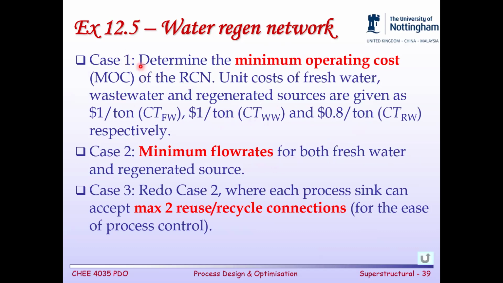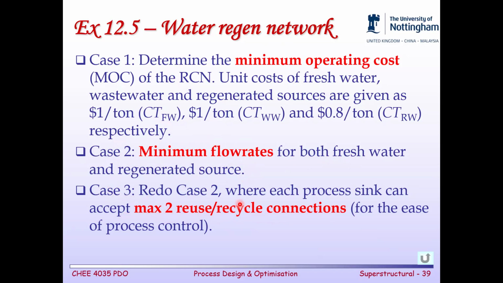Okay, there are three cases. Case 1 is to determine the minimum operating cost given the following data. Case 2 is to minimize the flow rates for both freshwater and regeneration source, so you have to do the two-step approach. And case 3, redo case 2, but you have to accept only a maximum of 2 reuse recycle connections for ease of process control. Okay, so here we can actually